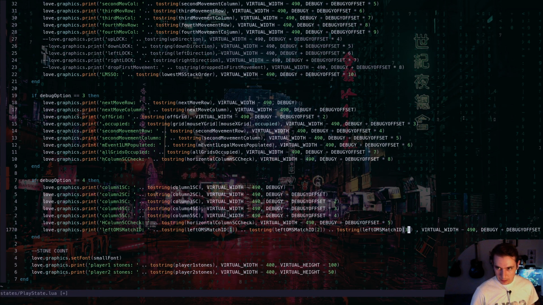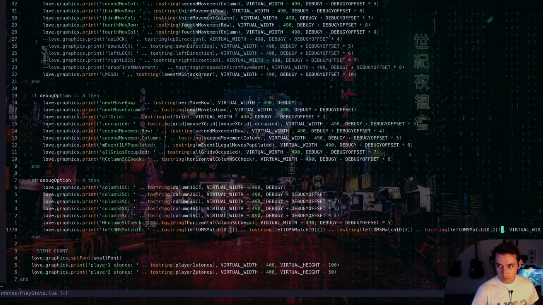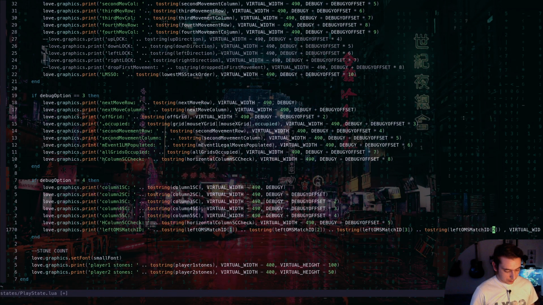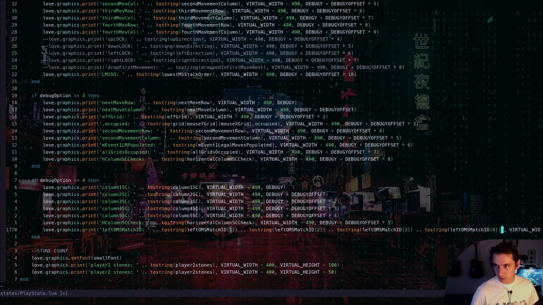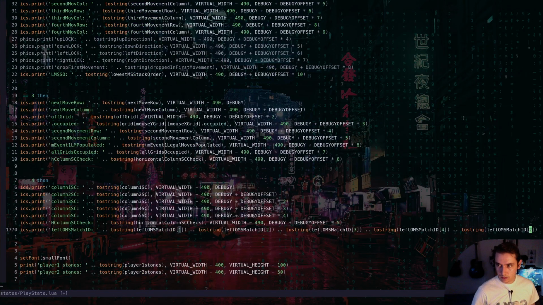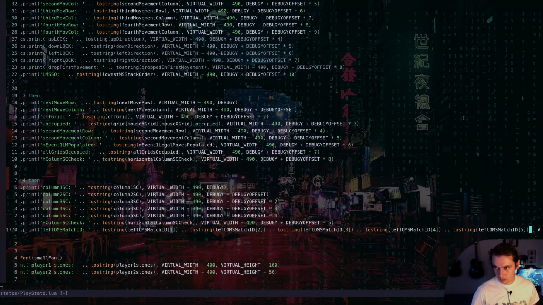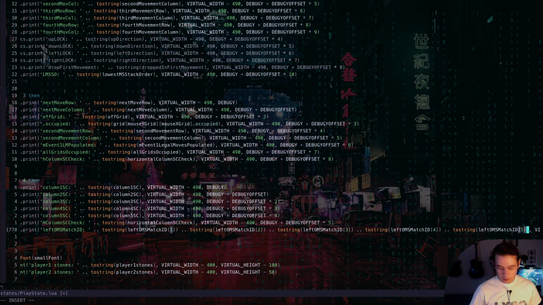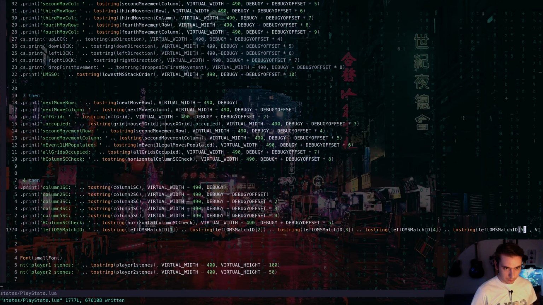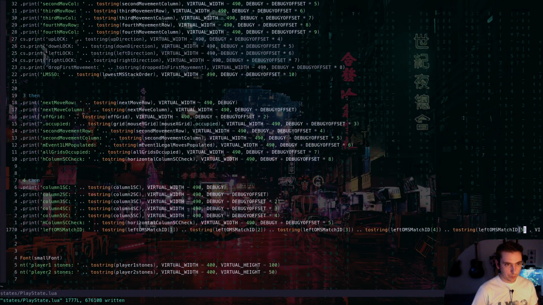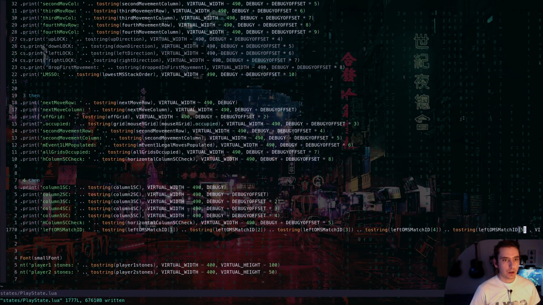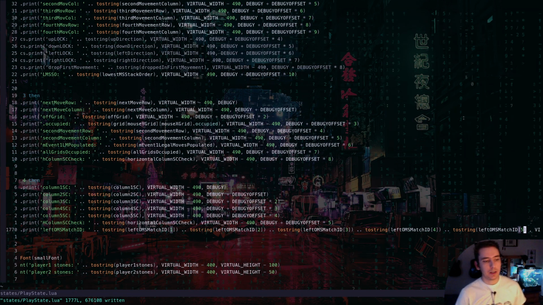This is a 3. We need to put a 4 in there. This is a 4. We need to put a 5 in there. This is a 5. Make sure we've got our comma, write it out. Now we should have an array of 5 values that only get populated to 1 if